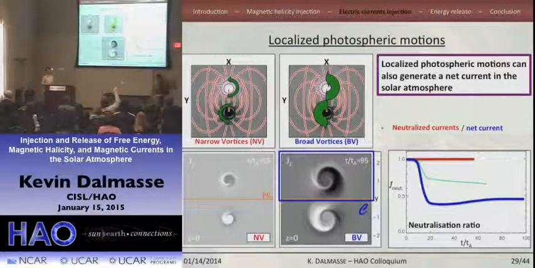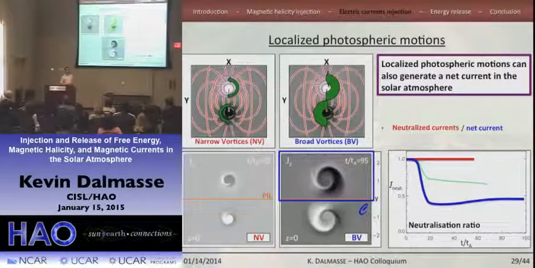Questions? So also about this part here, I think you were saying that in the cases where you have the blue line, there's a sheared polarity inversion line. And in the earlier observational work of Georgoulis, you were saying there were some cases where there was net current and some cases where there was not. Does the observation correlate net current with the sheared neutral line? Yes, if you look at observations in active regions, from what I'm aware of, all active regions in which you have a sheared polarity inversion line are associated with a net current.